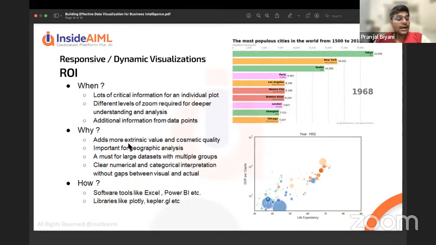Okay. It adds a lot of extrinsic value, geographic analysis, like we said. This is a must for large data sets, because in a large data set, you cannot plot everything on the screen. So you have to make sure that they are either plotted by parts or they have a hierarchy, right? So you can actually go down the hierarchy one by one and do the analysis. Okay. And for software like Excel, Power BI, it's very easy. For Python developers or ones who want to program it, you should use Kepler GL or Plotly. Plotly is a Python library, and Kepler GL is an open source library developed by Uber for